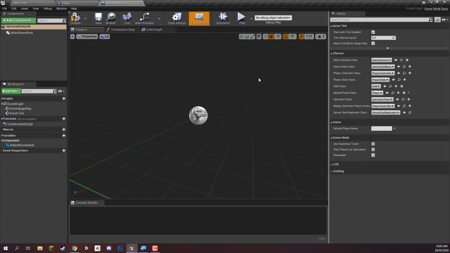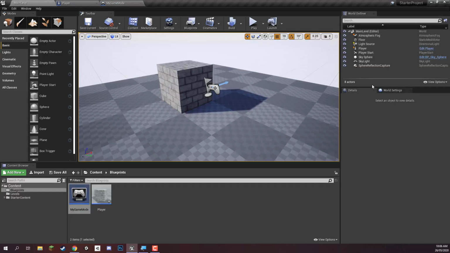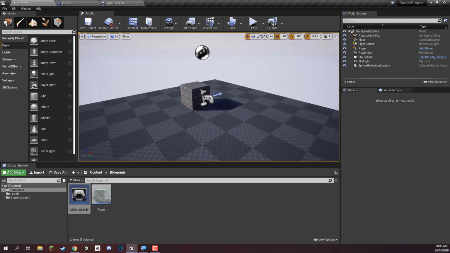There we go. Now we can go up, hit compile, which basically saves all of these options here, compiles them. We can hit the save button. We can return back to the main level. And in order to apply it to this level, in the right hand side here in the details panel, you'll